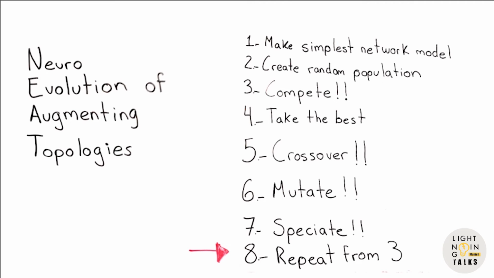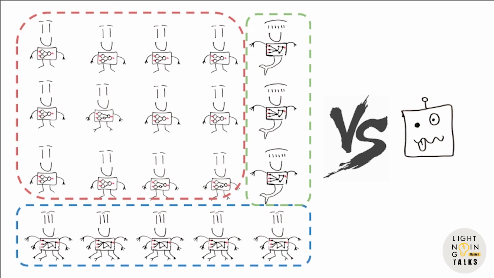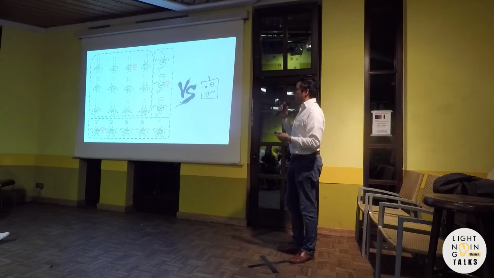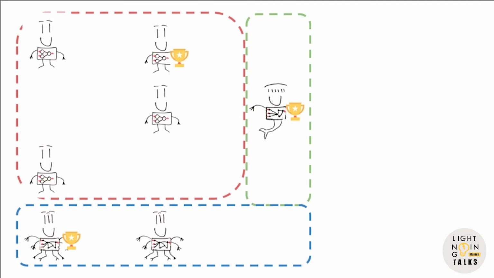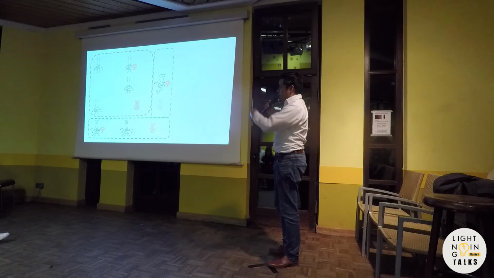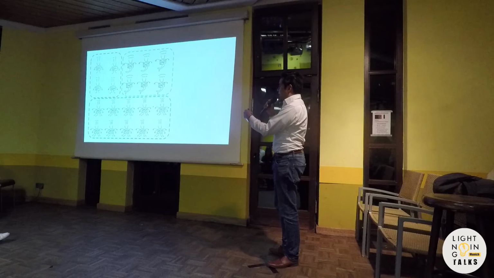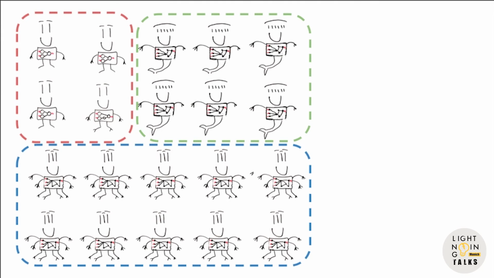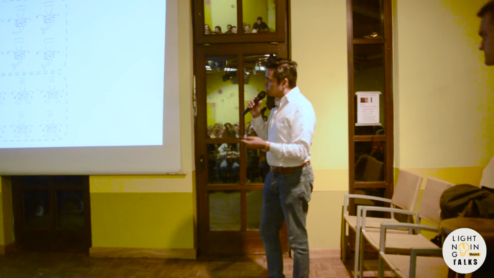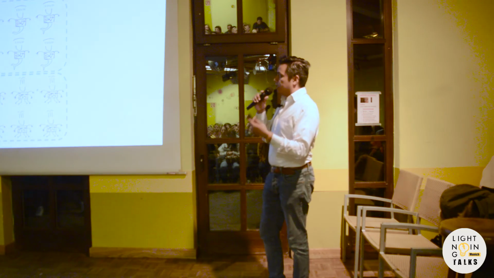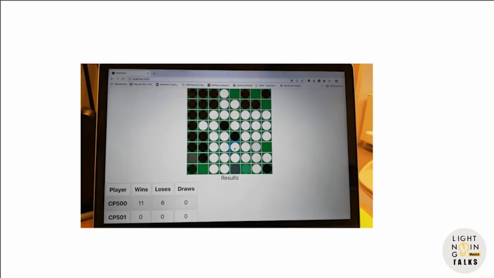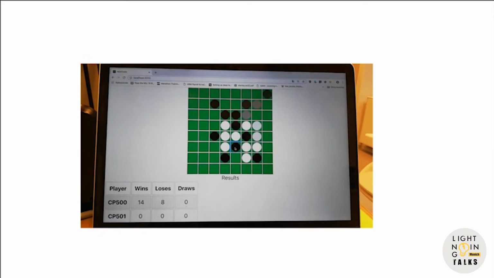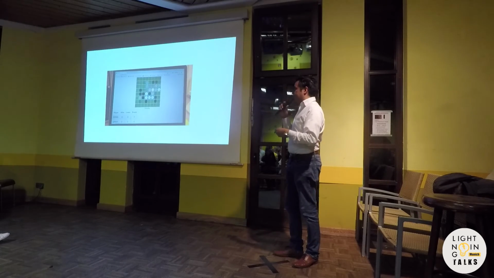So we restart the process: we put the networks to compete against the bot, and we now have 3 champions, one per species, and then we do the whole process again. We kill the ones we don't need, and we take the species with the best performance and order them. The best ones get more space to grow, and the ones that perform the least get fewer points and start reducing themselves. With that, I was able to build my own system that actually learned how to play the game.